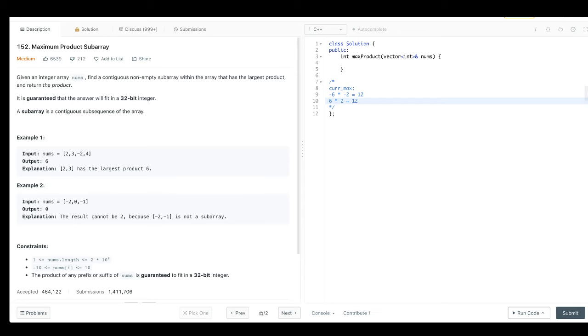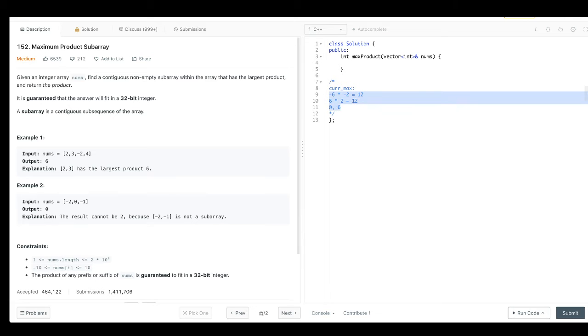And the third scenario is when the current product till now is say like 0 and the current element is 6. What will be the maximum product that we can form? Here we need to take the current element itself, that is 6. Rather than multiplying, we'll just take the current element if it is greater than our previous max. So these are the cases in which we can form a maximum product.